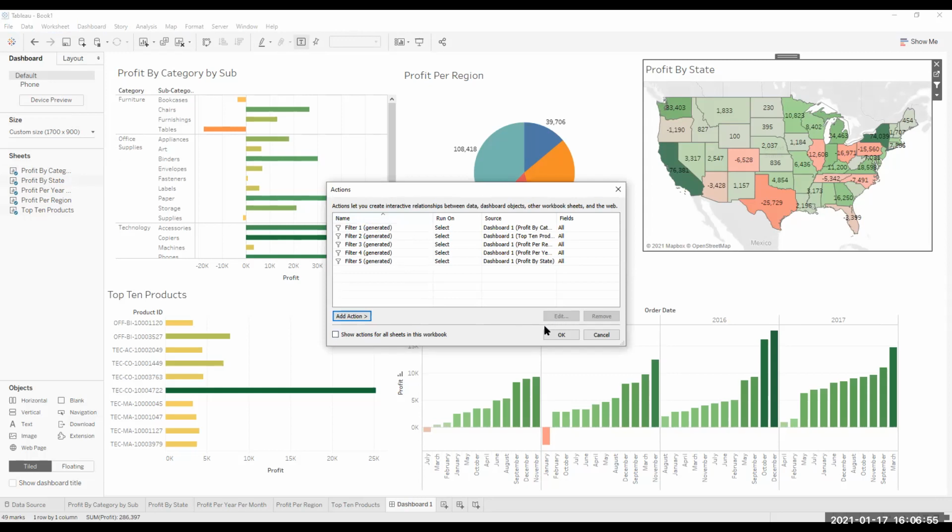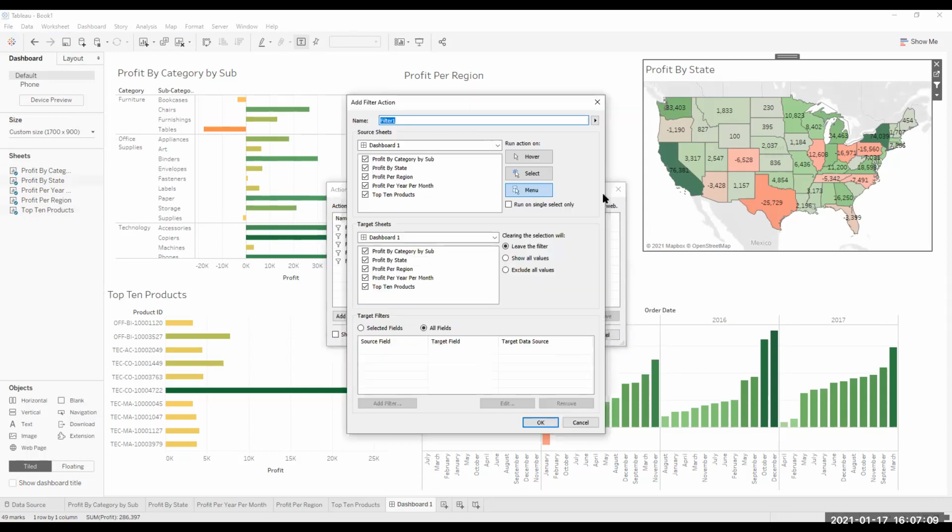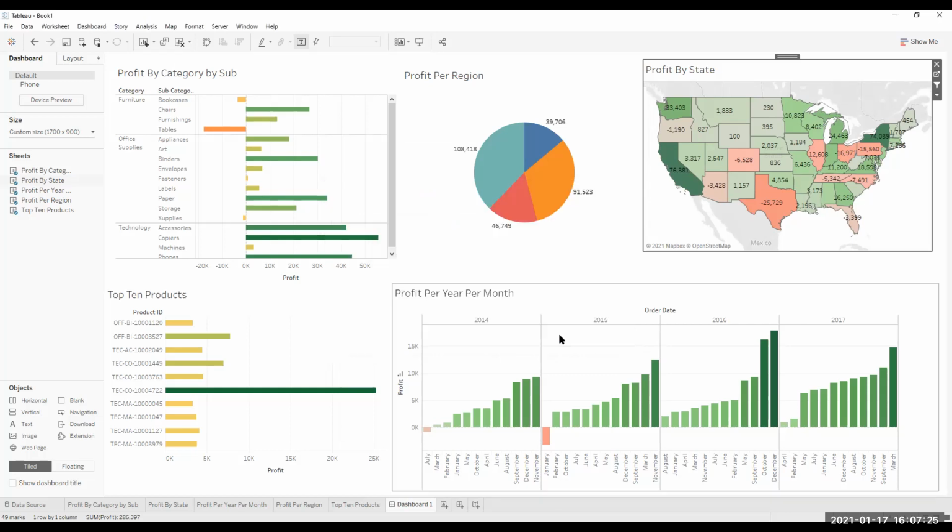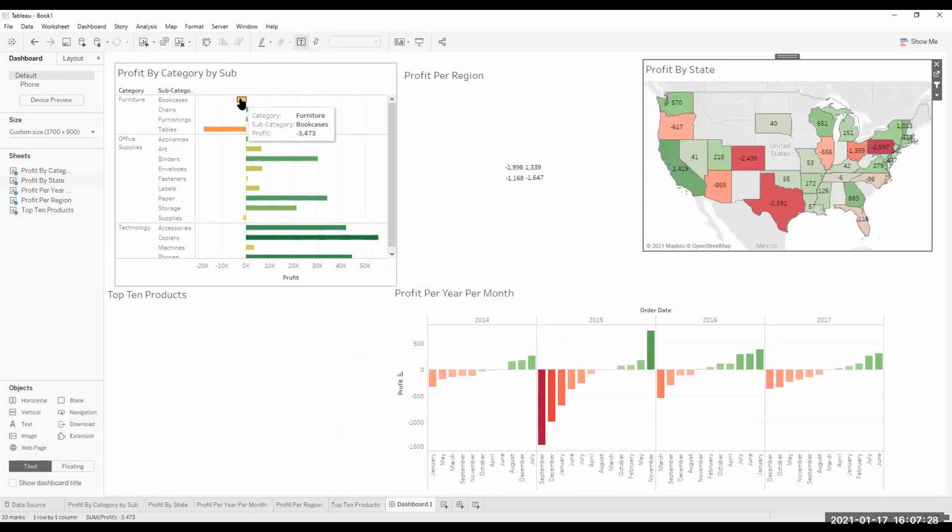So if I say, use all of them, had the filter an action now. The action that I want is filter. Okay, I'm using all the filters, but I just want the hover. I don't want to keep selecting. Just hover on it. Once I hover on it, show all values. Okay, so if I click OK and OK, so if I do this, you see that